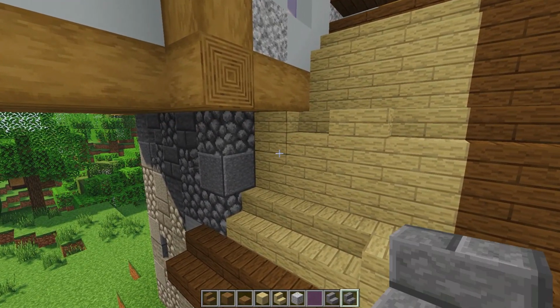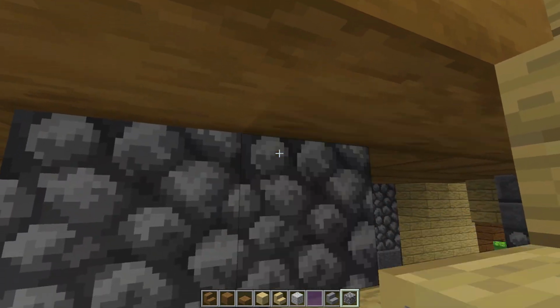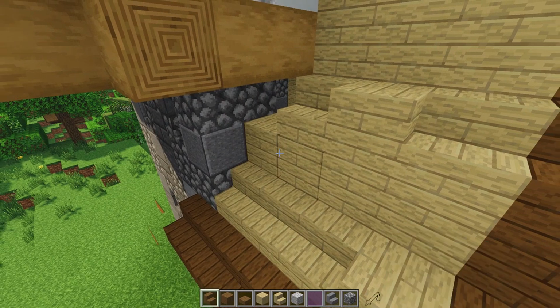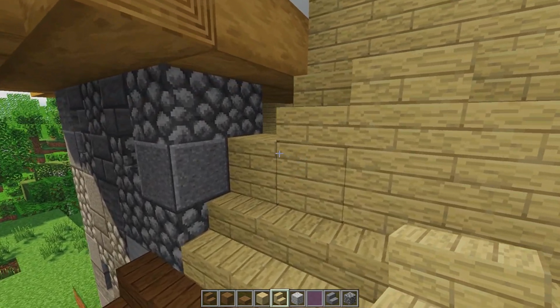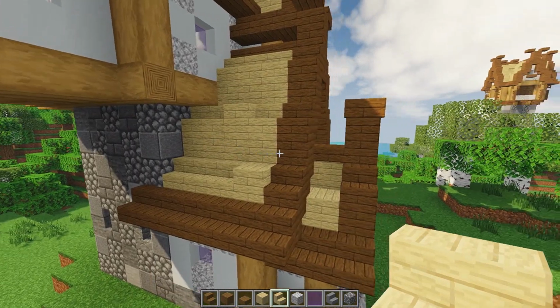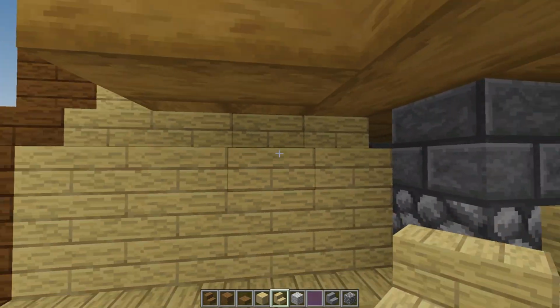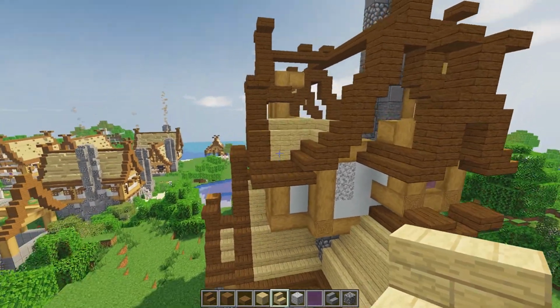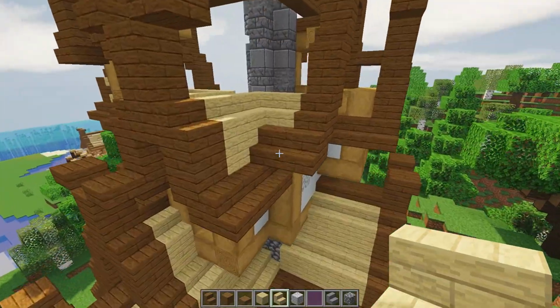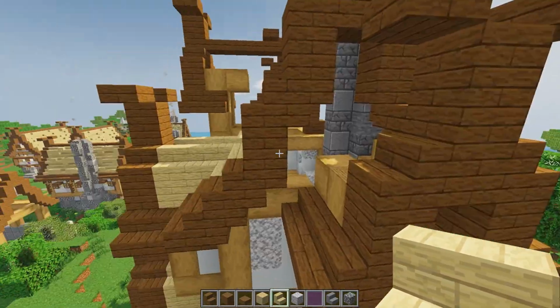Or if you wanted to do a smooth roof, you would have to place in some sort of cobble or whatever stone you wanted right there, and then place that block to get that to work. Okay. On this side had the same issue, so you have to fix that one as well. Up here, I started this one here, and then basically on this gable, the big one right here, I